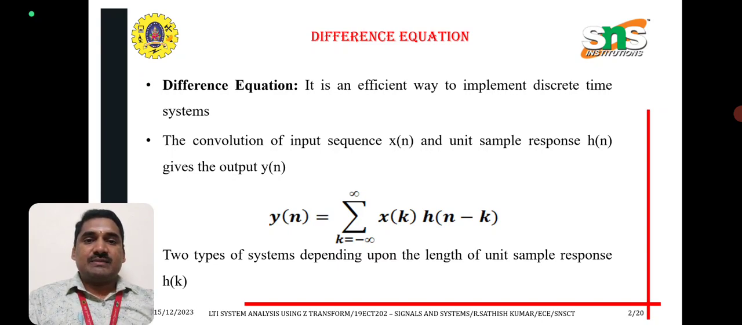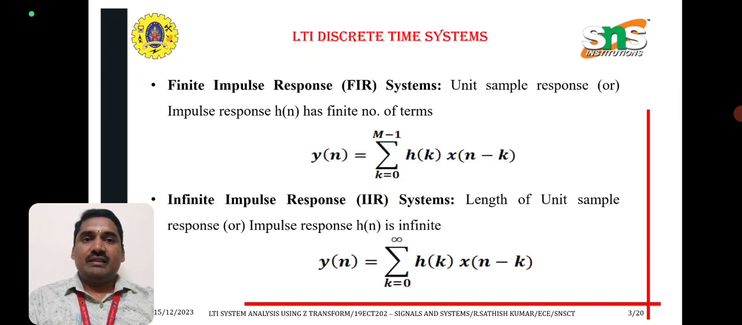There are two types of systems depending upon the length of the unit sample response h of k. That is FIR systems and IIR systems. In an FIR system, the unit sample response or impulse response h of n has a finite number of terms. y of n is equal to summation k is equal to 0 to m minus 1 h of k into x of n minus k. Next is IIR systems. The length of the unit sample response or impulse response h of n is infinite. y of n is equal to summation k is equal to 0 to infinity h of k into x of